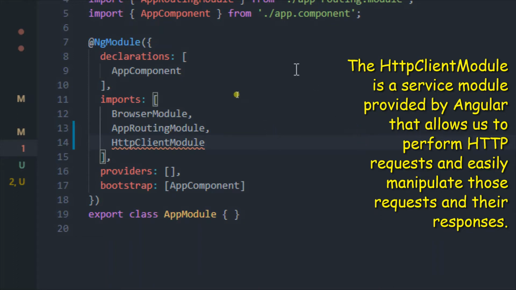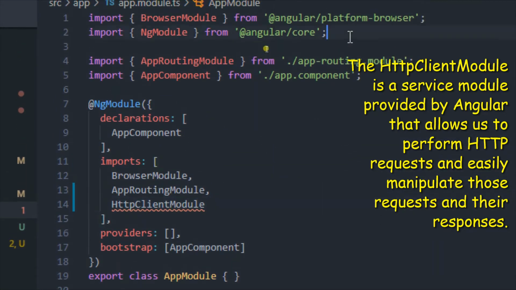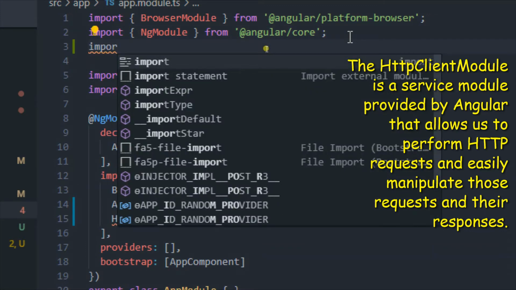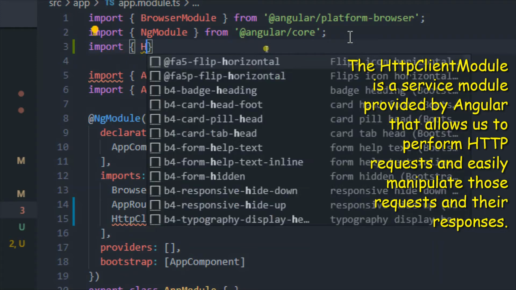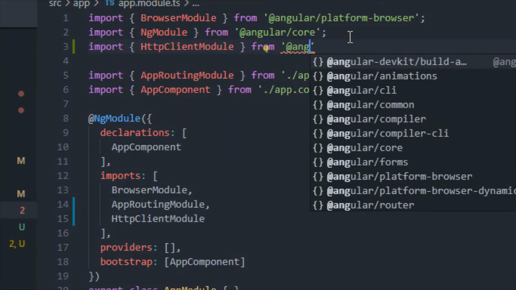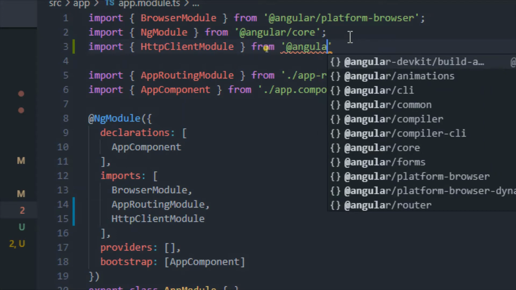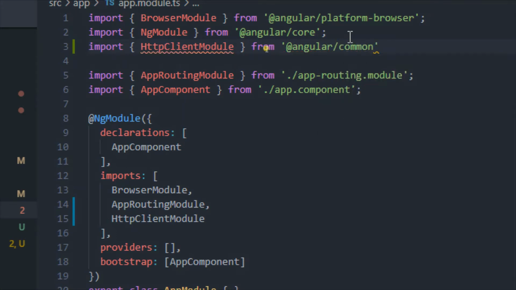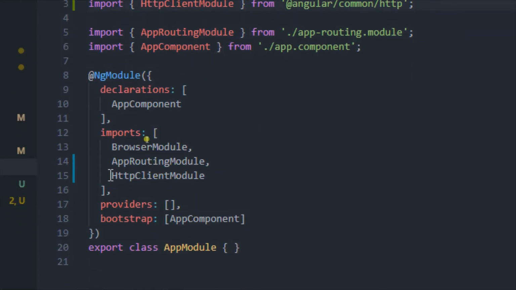And this HttpClientModule comes from, so let me type over here import HttpClientModule, and that HttpClientModule comes from @angular/common/http like this, and at the end let me give the semicolon. Now let me save this, and now HttpClientModule is imported.